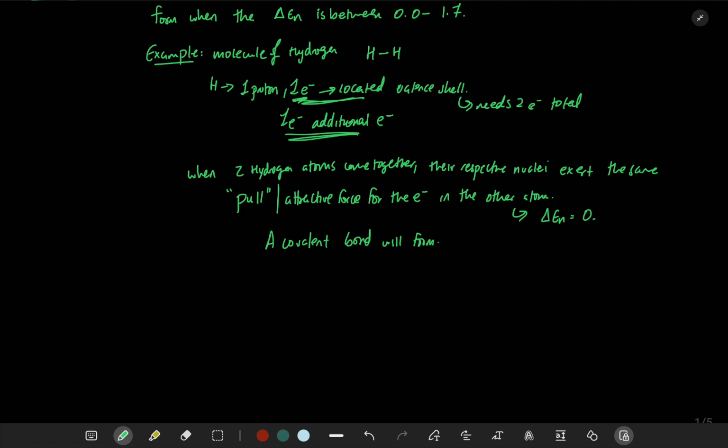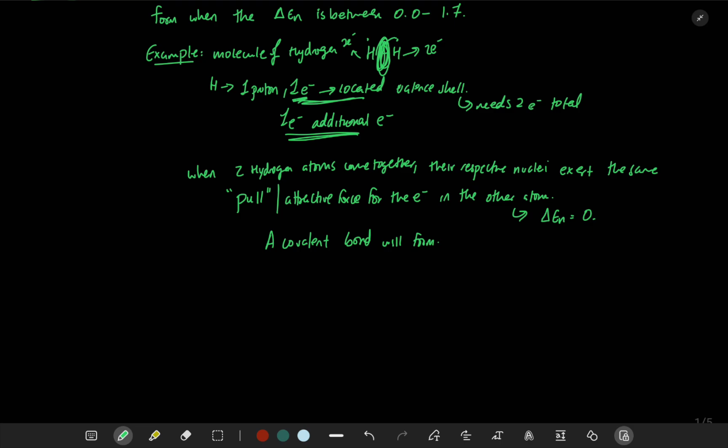This formation of the covalent bond is a result of the electron orbitals of the two atoms overlapping, which again results in increased stability for both hydrogen atoms, because now both hydrogen atoms have 2 electrons total in their valence shell, because it's a transient sharing, right? So there's a hydrogen atom here, there's a hydrogen atom here, and this hydrogen atom will overlap here, and this hydrogen atom will overlap here, and so they both share these two electrons. And so this hydrogen atom at any given time will have 2 electrons, and then this hydrogen atom also will